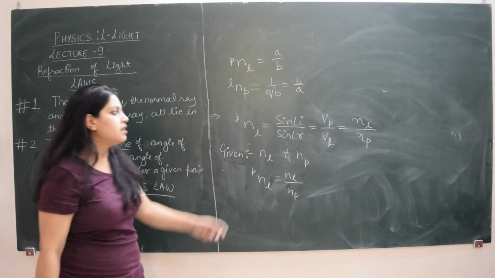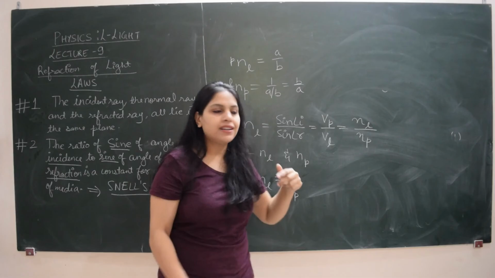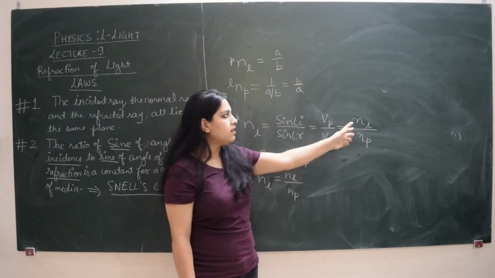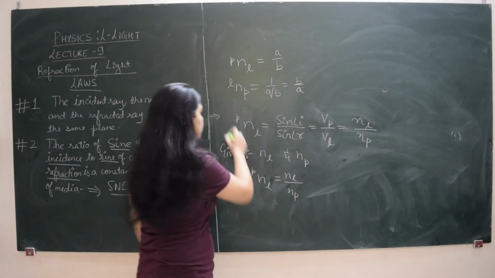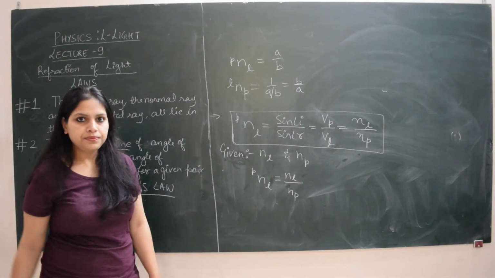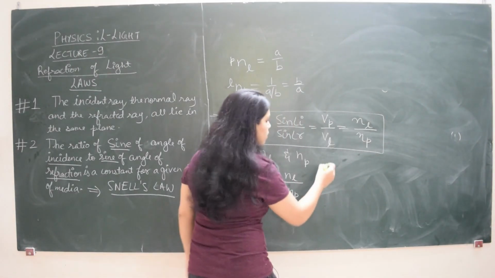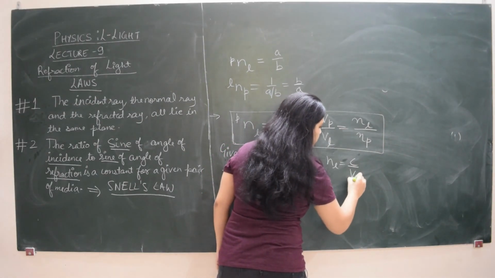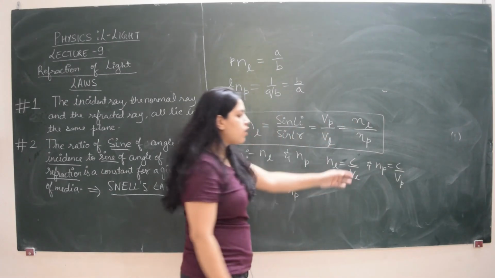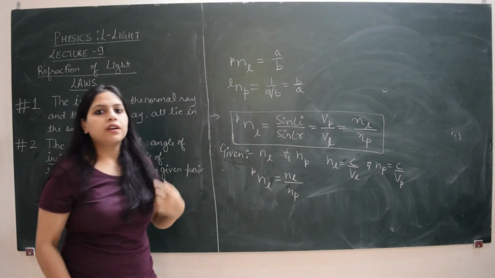As we know, N is inversely proportional to velocity. The medium where refractive index is more, the velocity of light is less. So with velocity there is a reciprocation with N. Here I have Vp by VL, here I have NL by NP. These are all the possible relations for refractive index. Absolute refractive index I have already told you: NL is C by VL and NP is C by Vp, where we talk about the ratios with respect to the speed of light in vacuum. So this is all about refractive index.